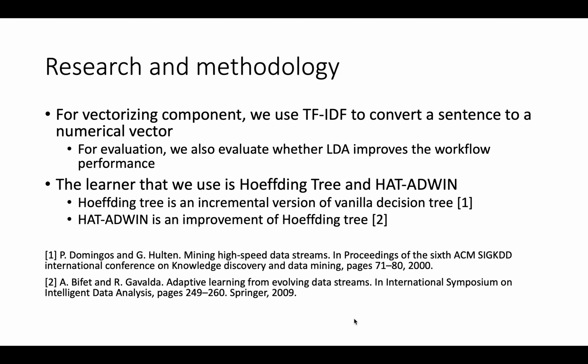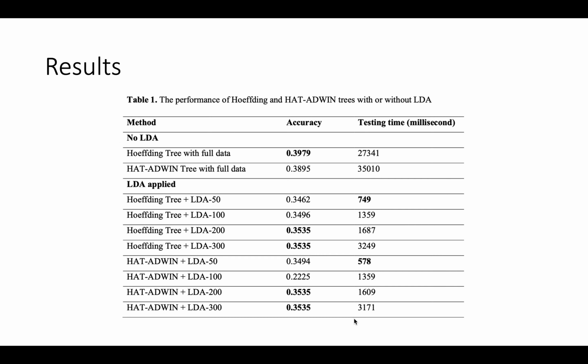For detailed implementation, since we are dealing with natural language processing tasks, we use TF-IDF to convert a sentence into a numerical vector for an algorithm to understand. We also evaluate whether dimensionality reduction techniques can improve the performance of the workflow. The incremental learners we use in this case are Hoeffding tree and Hoeffding adaptive tree, which are mentioned in two cited papers below. For results, we obtained 39.79% on Hoeffding tree and 38.95% on Hoeffding adaptive tree, which is quite